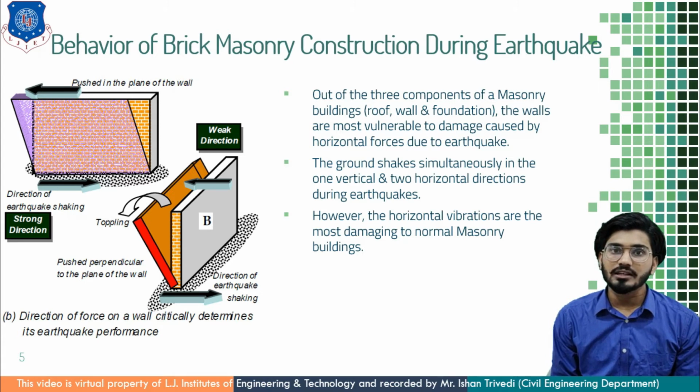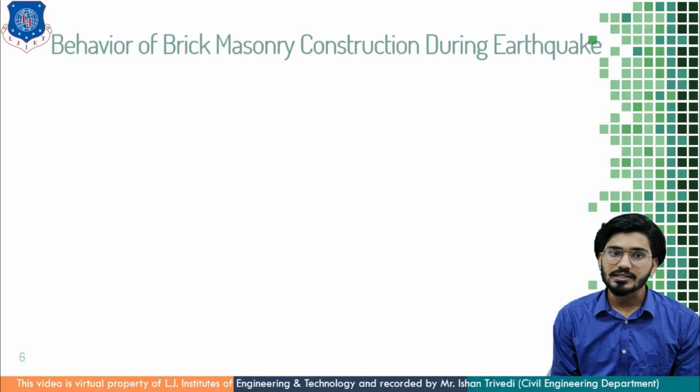Strong wall is determined by A and the weak wall is determined by B. Understand this? Whenever I say A and B, understand that A is the strong wall and B is the weak wall. Next,